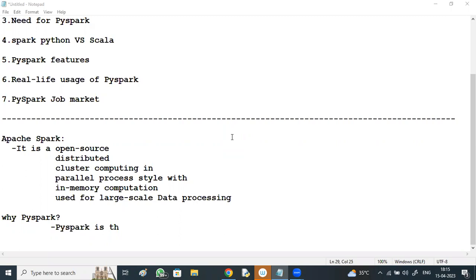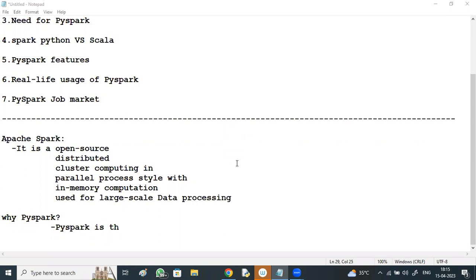Everything happens within the memory itself, but in Hadoop, it will be stored within the disks. So simply saying, Spark is 100 times faster than Hadoop at memory level, and 10 times faster at disk level.